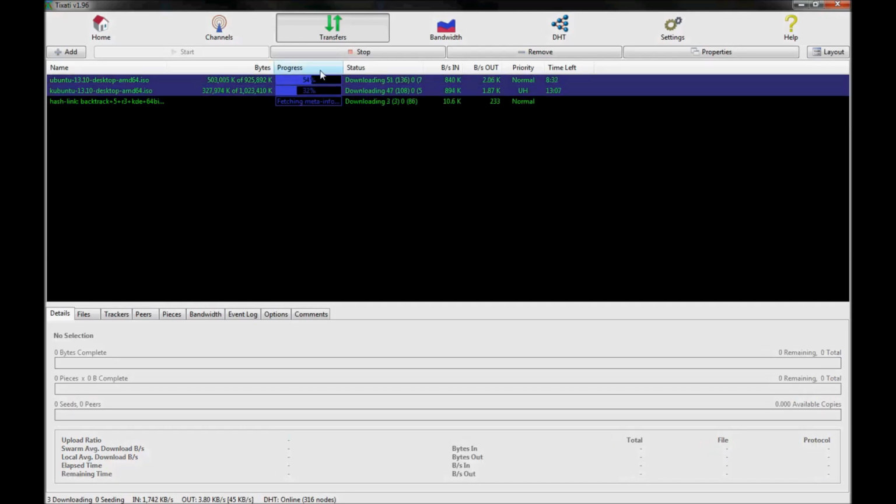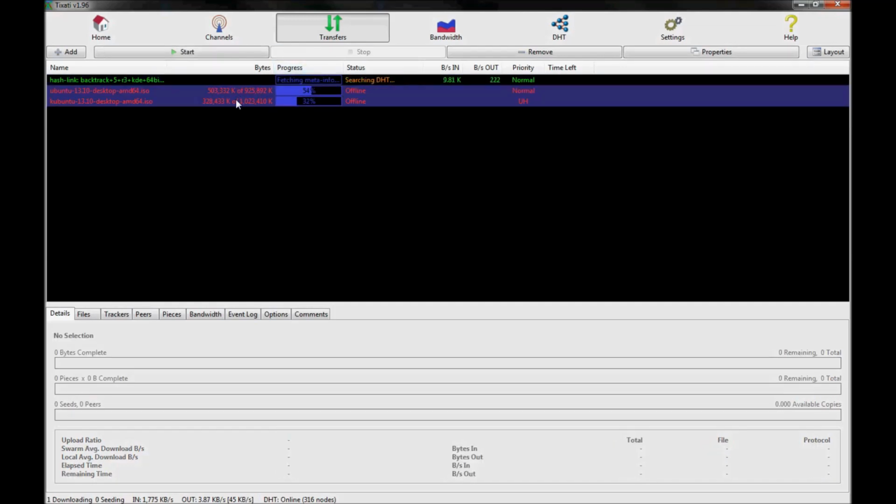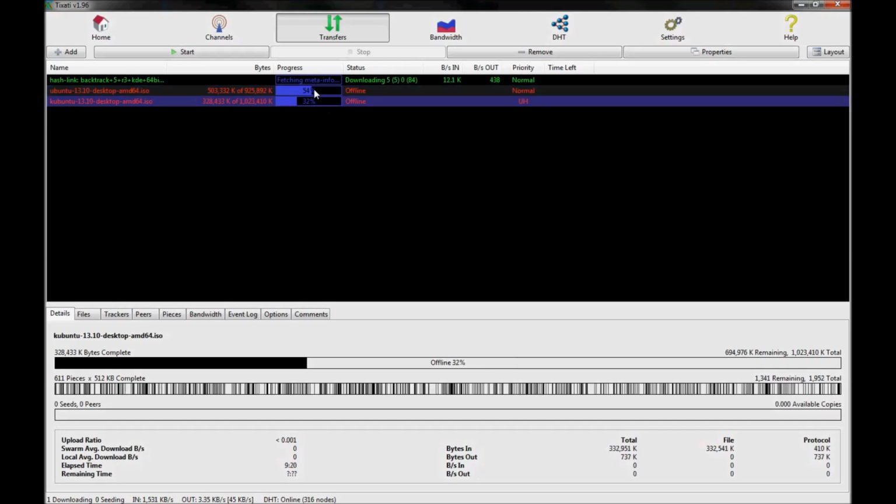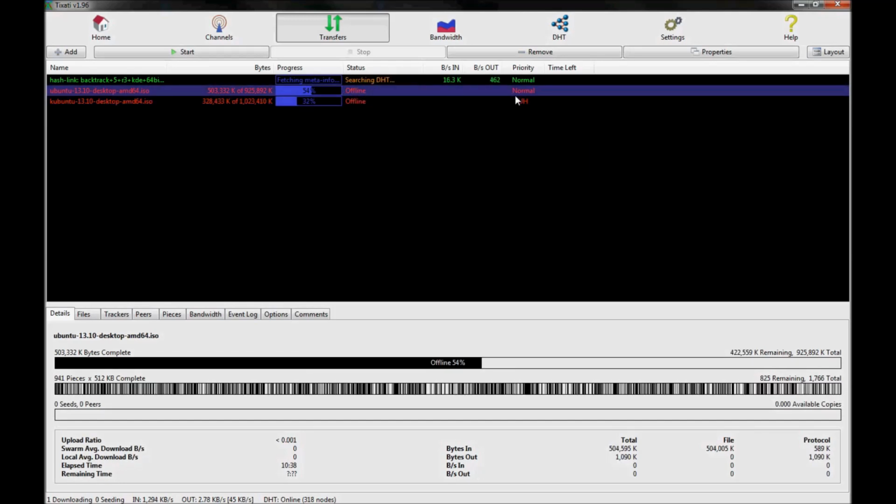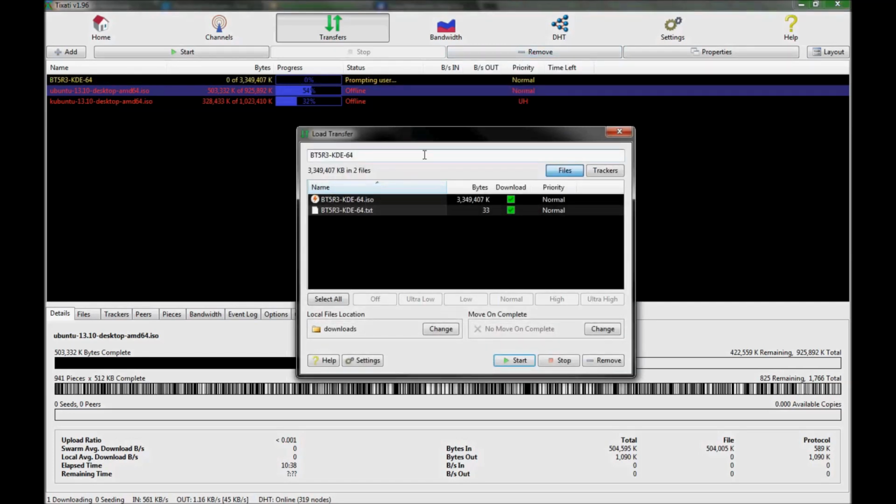Managing torrents, you can stop them by shift selecting them or just selecting them one by one. You can remove them. That'll completely either delete or just remove them and keep the files in place. Oh, I was wrong. It does give you the option. Another thing you can do here is you can name them. So if I wanted to call this, instead of BTR, whatever, I'd say Backtrack 5